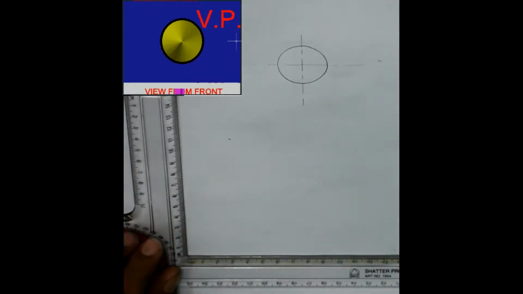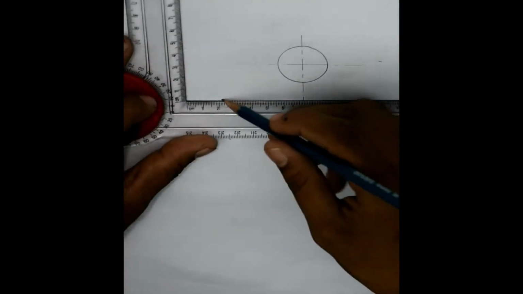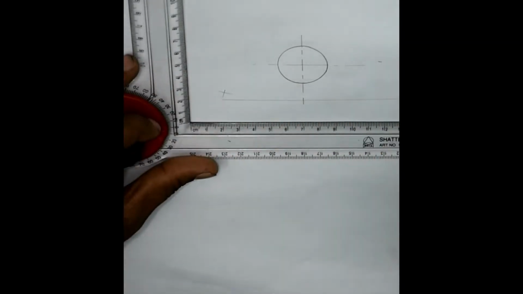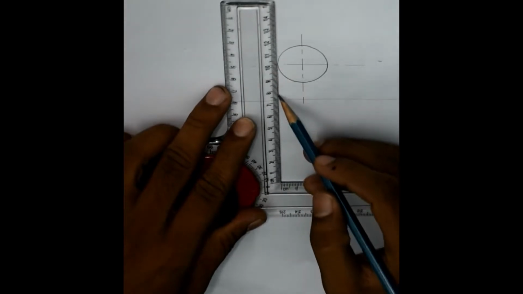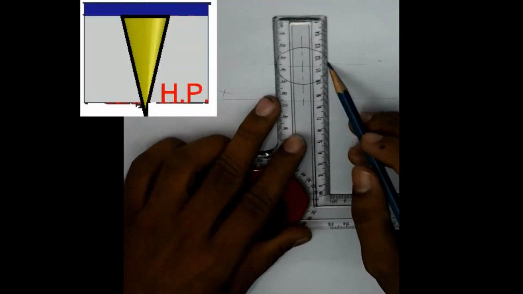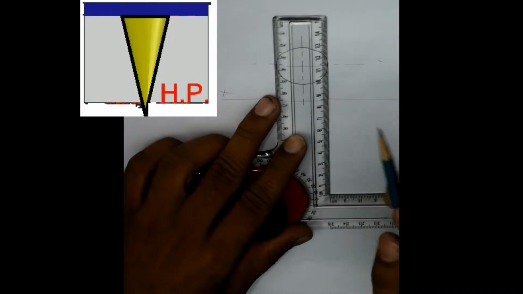Our front view is simple and it is completed. Now this is the XY line. I'm doing the projection with a 2H pencil, a lighter pencil.